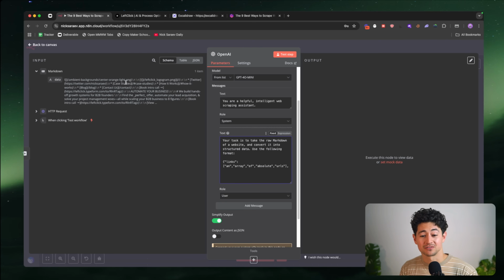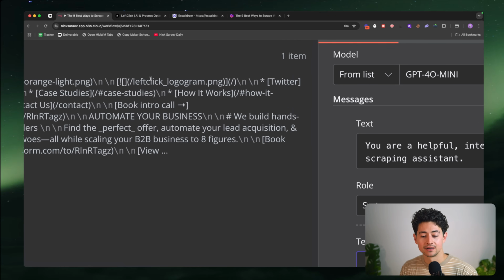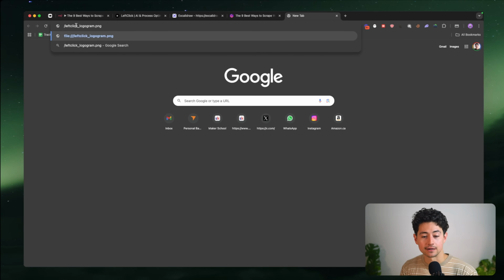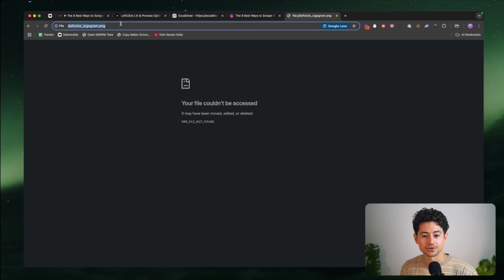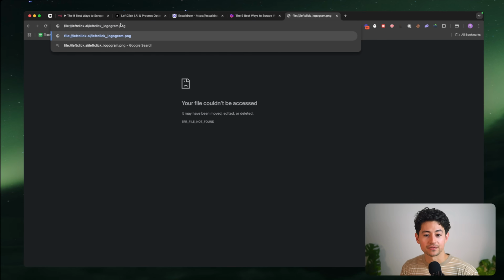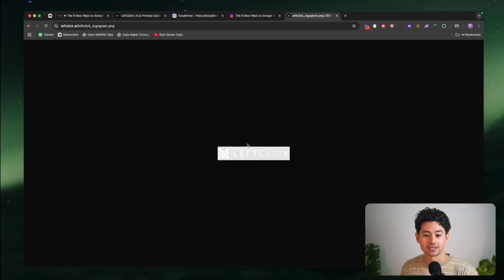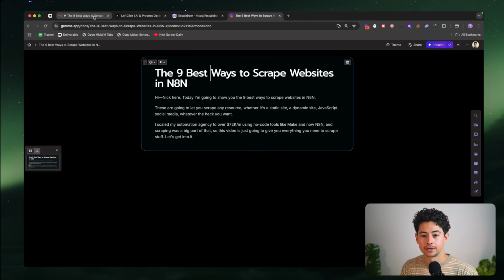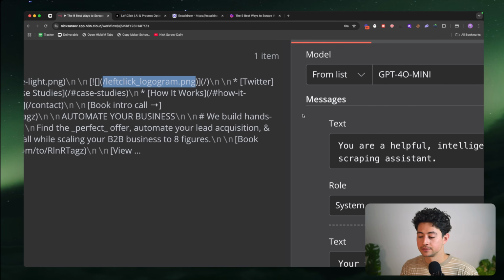not the relative URLs. If you're unfamiliar with what that means, if we zoom way in here, you see how there's this slash LeftClick underscore logogram.png. This is what's called a relative URL. If you were to copy this and paste this into here, this wouldn't actually do anything for us, right? What we want is this instead. We want LeftClick, aka the root of the domain, and then LeftClick underscore logogram, and that's how we get to the actual file asset. So if we go back over here,